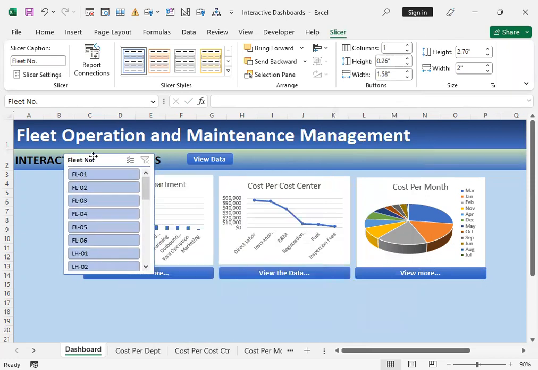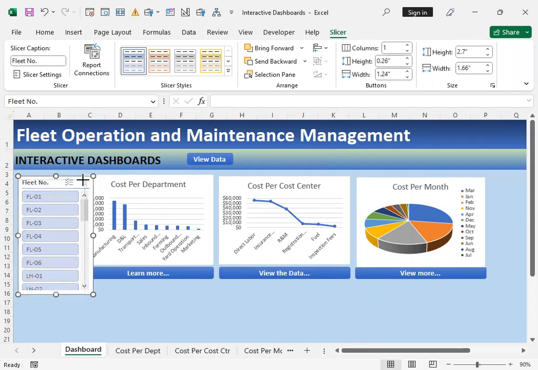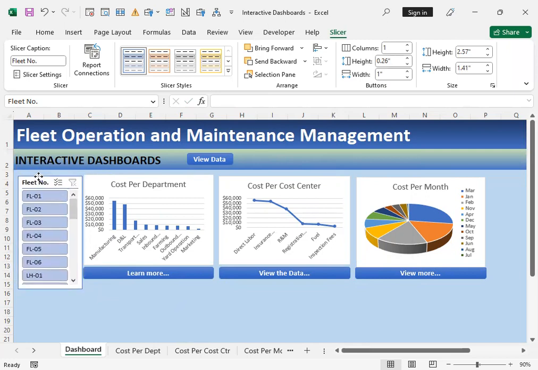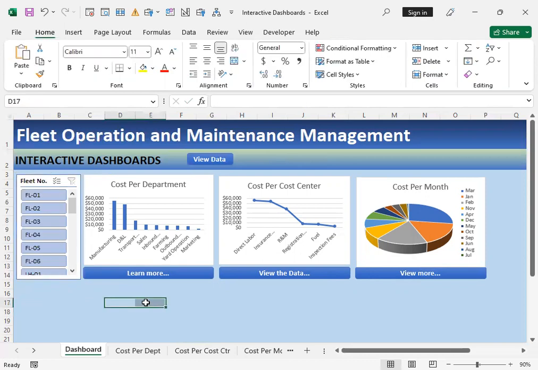Because our course is about the fleet, about the vehicle. Make adjustment. This is all about vehicles, because the fuel, the repair maintenance, the insurance, registration. Just make the adjustment, okay? All right, almost done. And it looks better than before, right? But that's not enough. Now we go to,